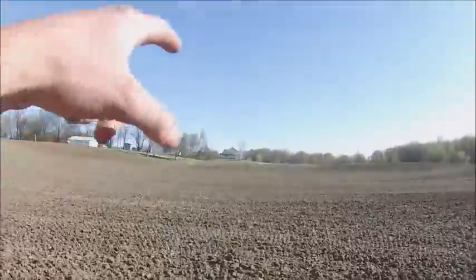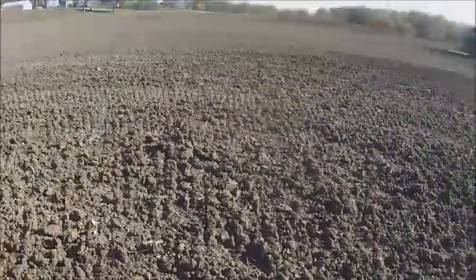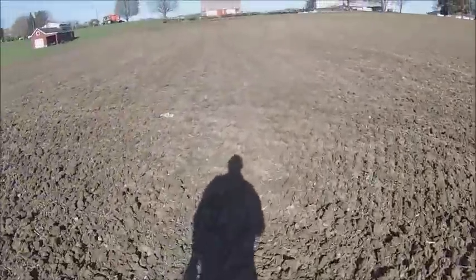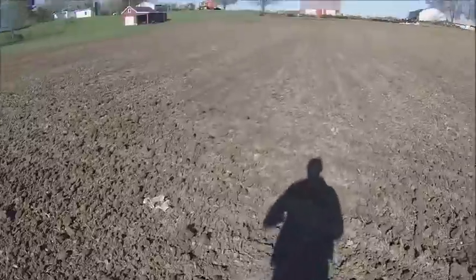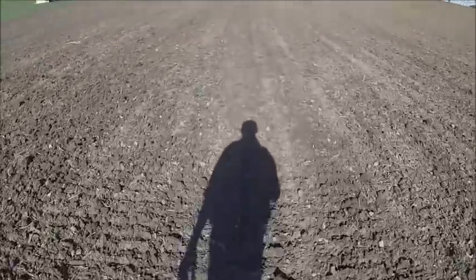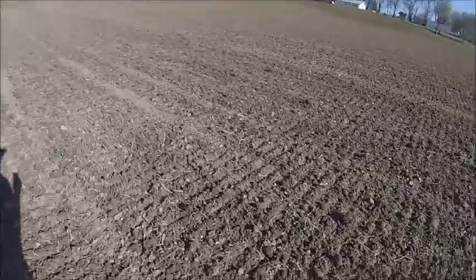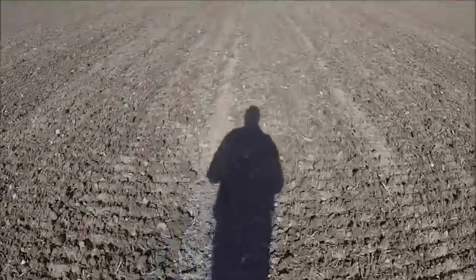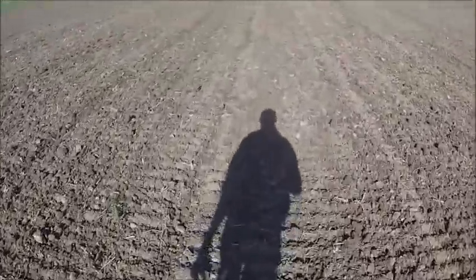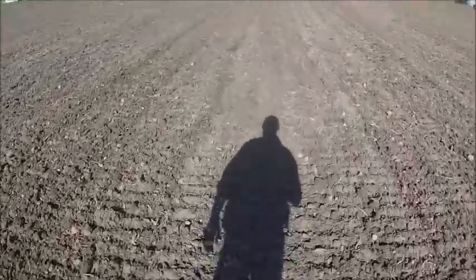I had one spot back there on that corner where I must have sunk a little bit spreading fertilizer, and there was some water standing in the ruts, but I pulled the rut shut, didn't ball up the harrow or nothing, walked right through it. And as soon as I started running over this, it started drying immediately. So let this sit for 4 or 5 hours, come back here 2 or 3 o'clock this afternoon, and I dare say